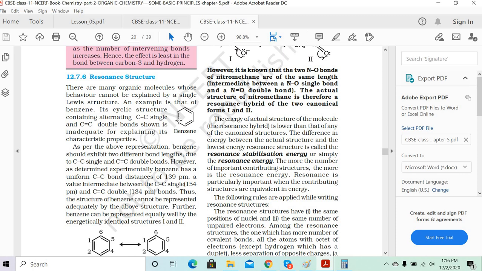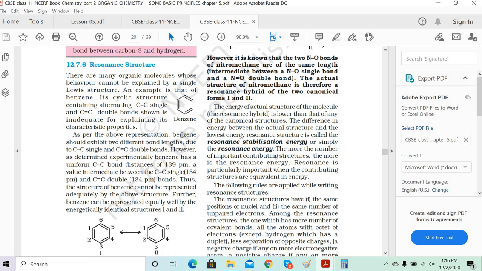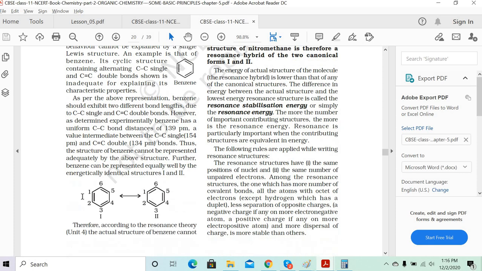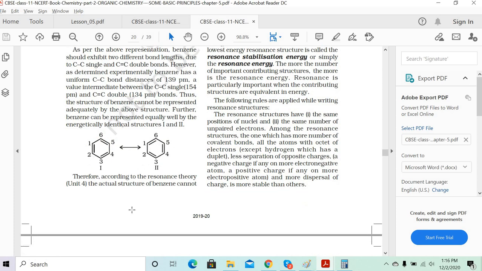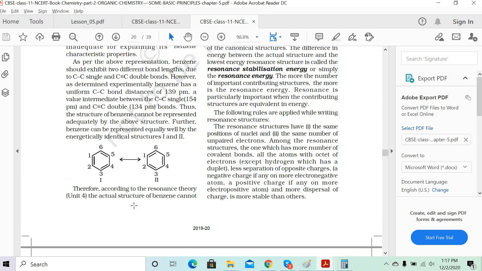Now in the 12th also we'll be talking more of resonance only. Most of the time we'll be discussing reactions in terms of resonance. So we need to understand resonance properly in this part, right? Basically, resonance is just a representation in which we show how the compound becomes stable when it changes from one form to another form, and it's symmetrical. Got it? Now let's draw the figure first. Draw the benzene resonance structure, then I'll explain this part.